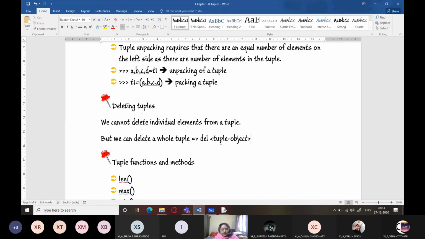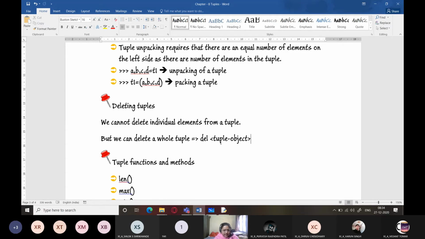Unlike lists where we can even delete individual elements. So that is the reason why functions like pop, insert, remove, they won't work on tuples. If you remember, the insert function was used to add any element to any position within the list, right? Append function was used to add elements to a list.